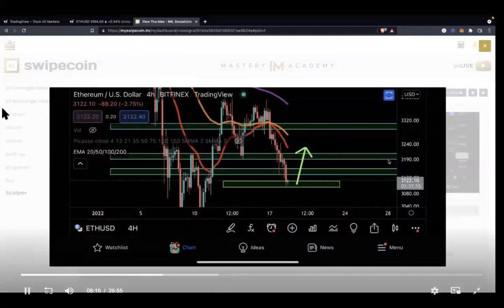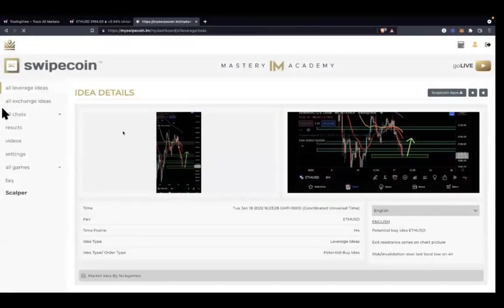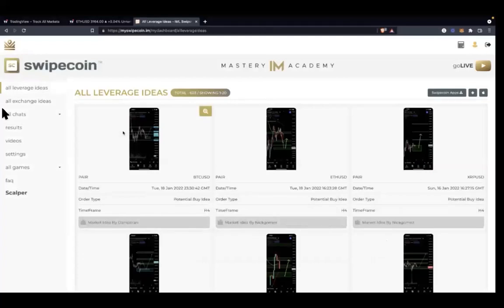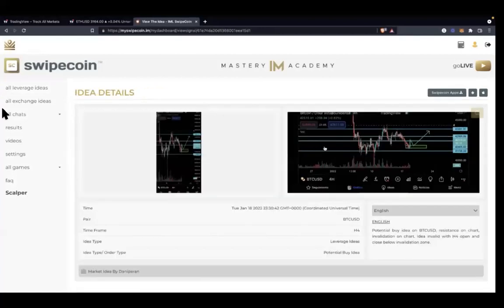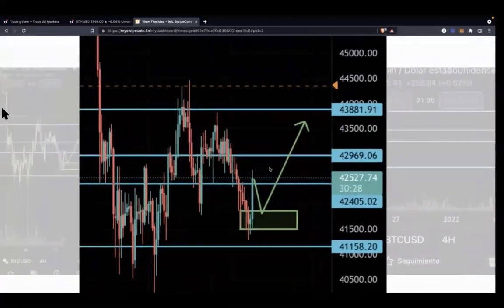They have been zones, and also the stop loss has not been on the chart. Well, we now have changed to everybody with the new style that we are going to be sharing ideas with on the Swipecoin app. It will actually be looking like this. So Danny just recently sent a BTC USD idea, and now maybe it's starting to look a little bit more